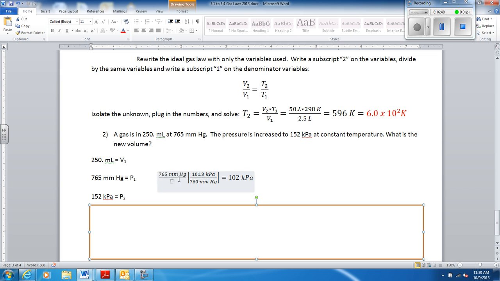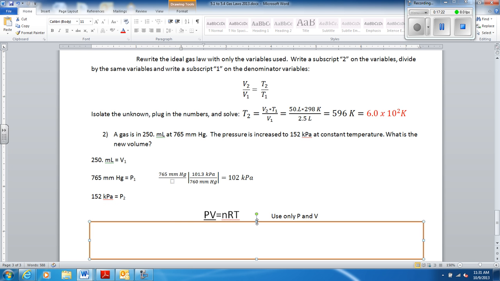Why am I converting one pressure into the other pressure? With these, I don't have to convert both pressures to atmospheres because I'm not using the gas constant. I'm just identifying my variables, and then I see it's a two-state problem because I've got pressure twice. And I need to have the same pressure. I just chose to convert the millimeters mercury to kilopascals. You could have converted kilopascals to millimeters mercury. So identify all your variables, do whatever conversions you'll need to do, and then we write the ideal gas equation